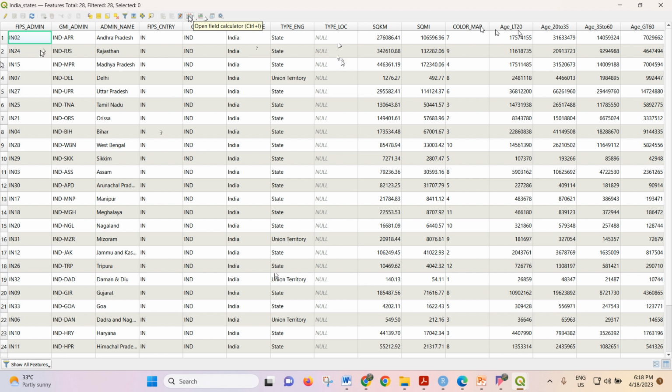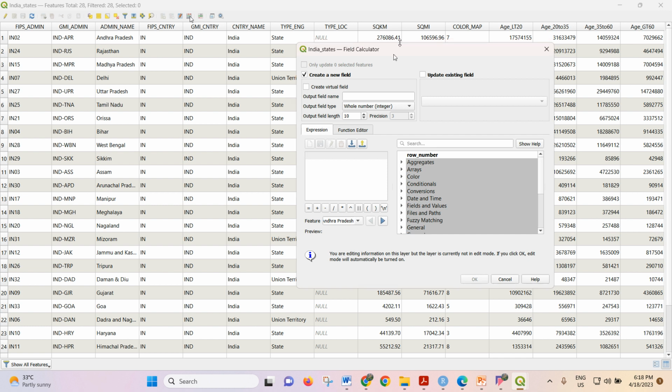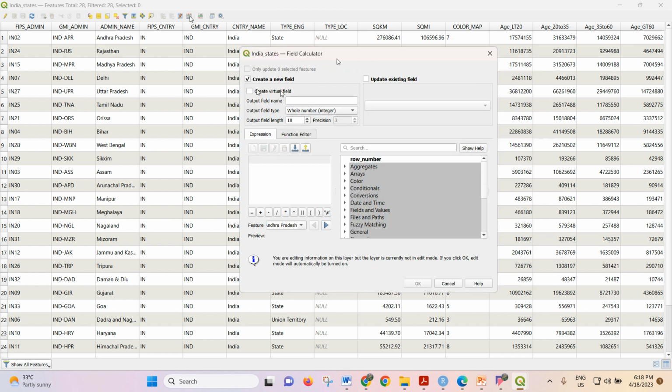See, open field calculator is there. So we'll go to open field calculator. We'll create a new field. When I create a new field, I will name it all, because all ages I will consider. And then it should be a whole number, not a decimal number, integer. So I'm just increasing my output field length, keeping 30. And then what I have to do,